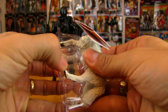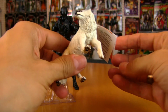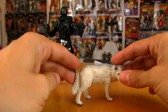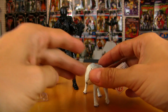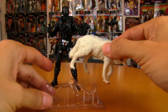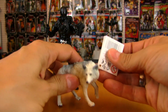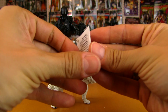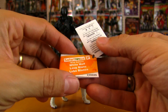This is great. This little plastic thing he comes in is fantastic for keeping the legs from warping and bending. You want him to be able to have 3 paws on the ground. He's got the third paw lifted up. So this plastic will ensure that he doesn't get all bent. And he's got this little tag thing. It's a Safari World wolf, white wolf,